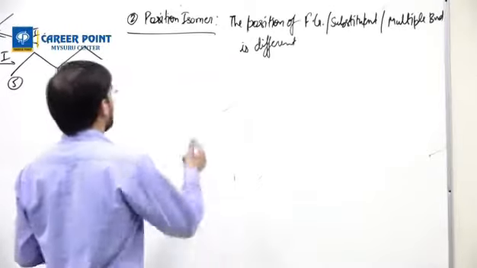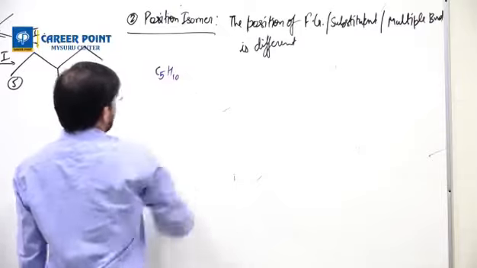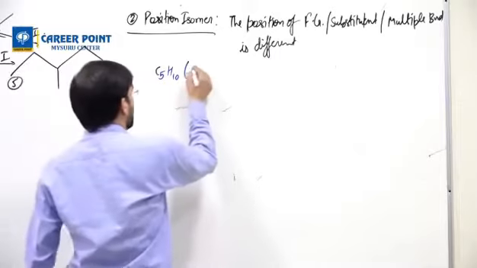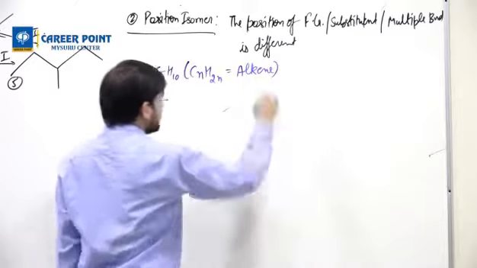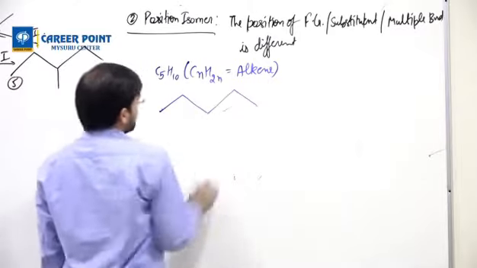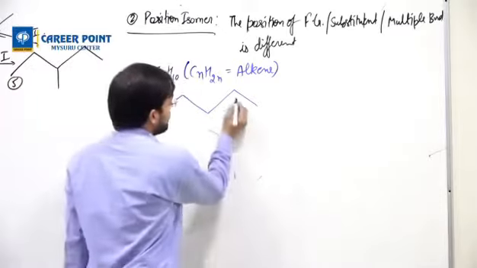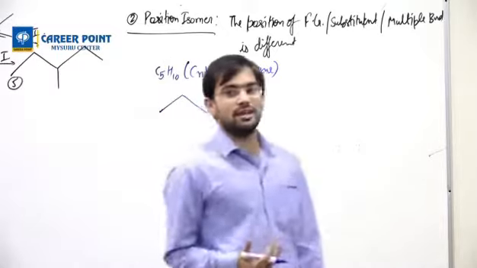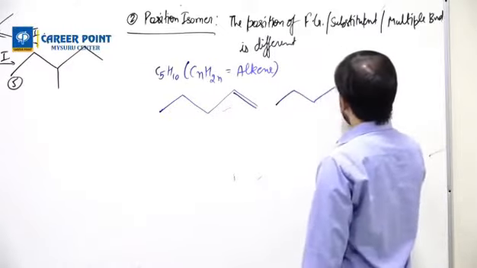How do I solve it example-wise? Take for example C5H10. If you look, this is the formula CnH2n, which is an alkene, right? So if it is an alkene, we'll draw 5 carbons. Alkene means a double bond. So a double bond where? This is the question. If you keep a double bond here, it will become 1-pentene. But then they will give a position. They will ask how many position isomers are possible. So what I can do is keep a double bond here.